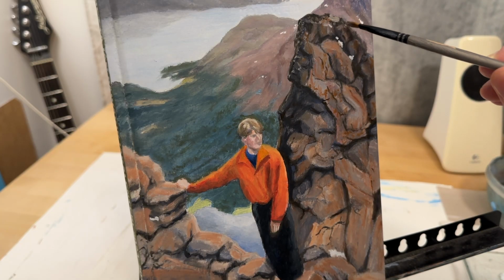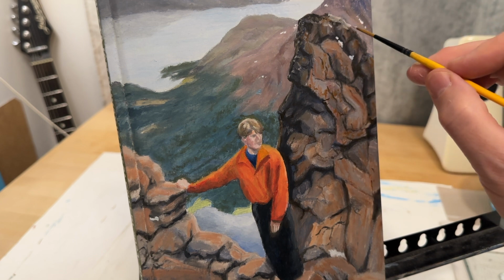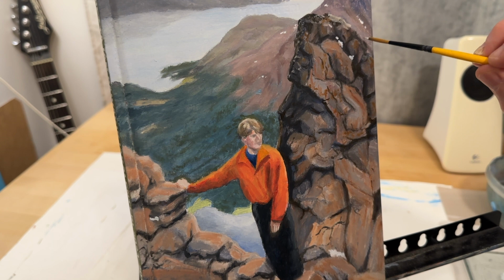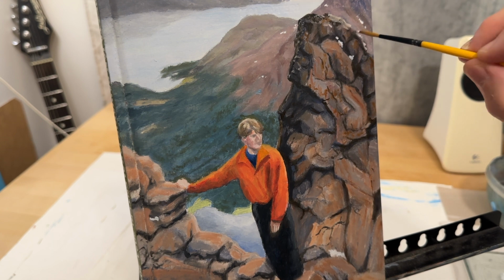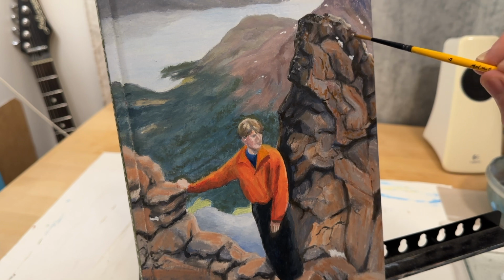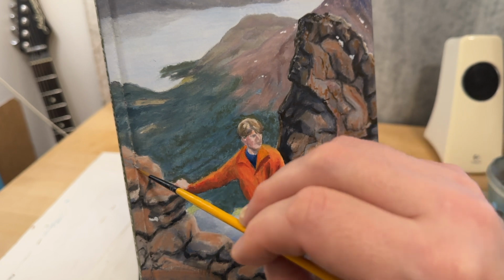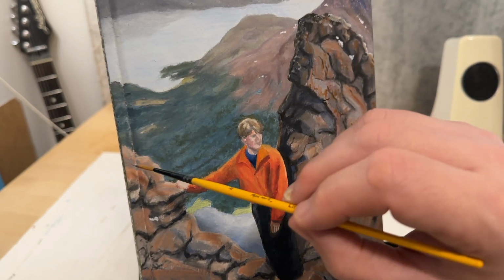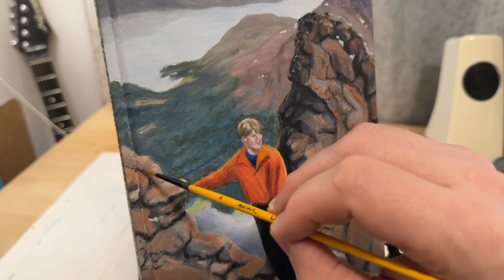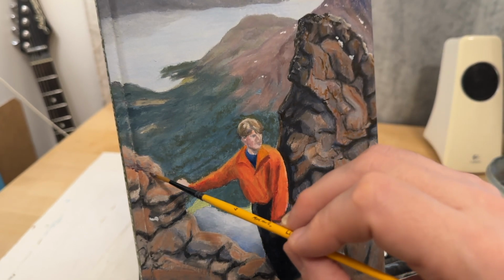This is 2 days after the previous warmer tones. They have kind of dried at this point, and I wanted to get the highlights correct. That's what you see me do in the upper right corner now. There wasn't direct sunlight, but anyway, the light was hitting from the upper right corner, so I wanted to make it more clear that those planes will have to be lighter, and I needed to do that all over